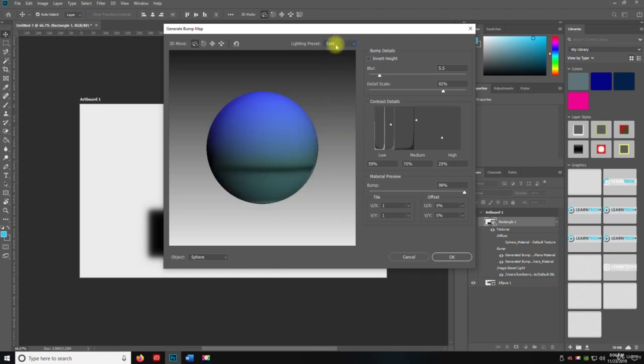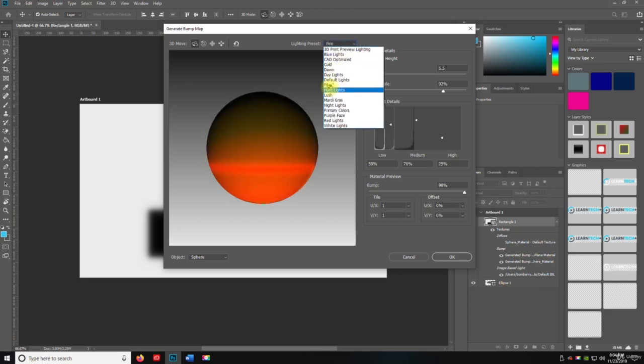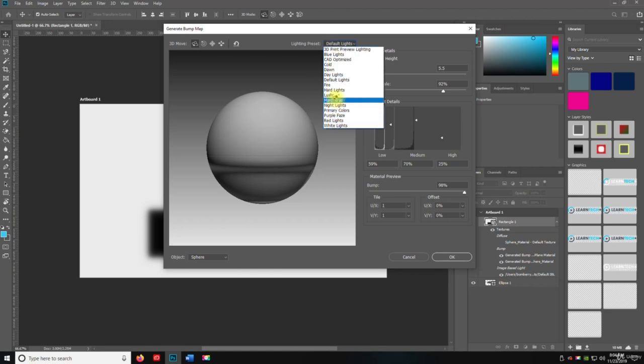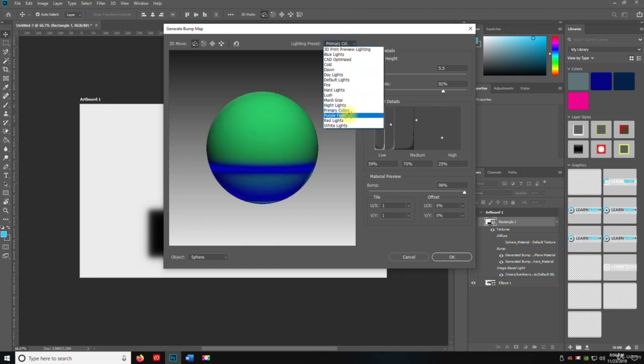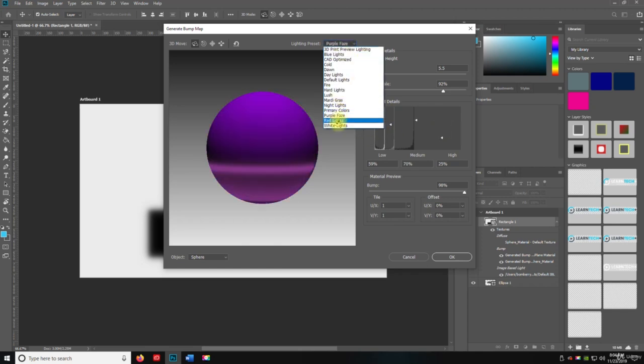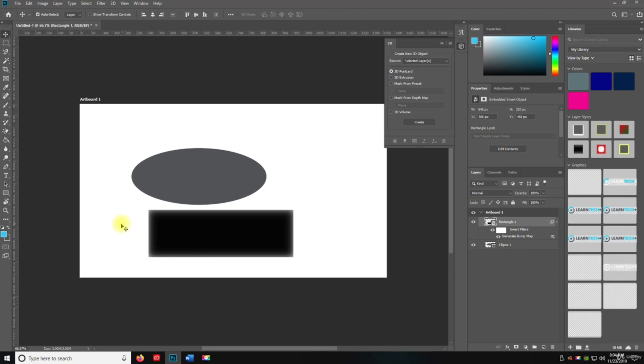Okay, cold, dawn, daylights, fire, default lights, hard lights, lush, Mardi Gras, night lights, primary colors, purple phase, red lights, and white lights. Okay, so I'm going to hit OK, and you can see that is the